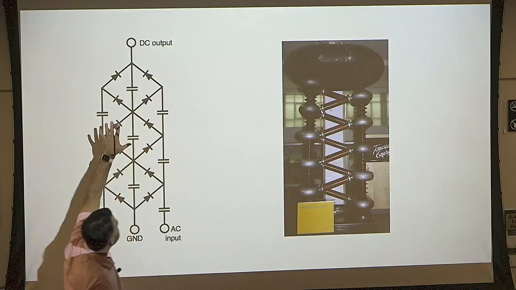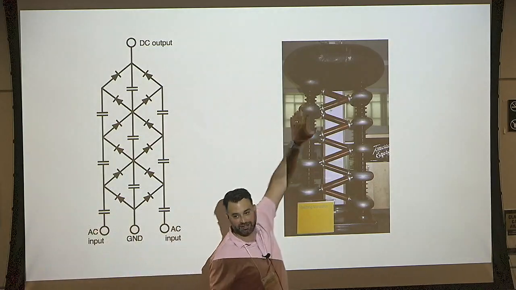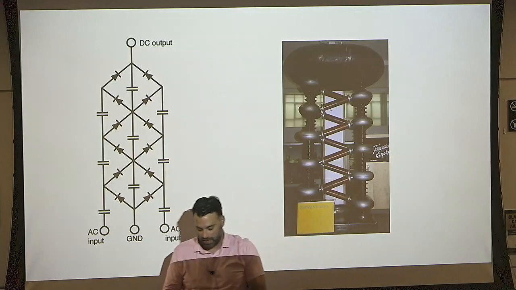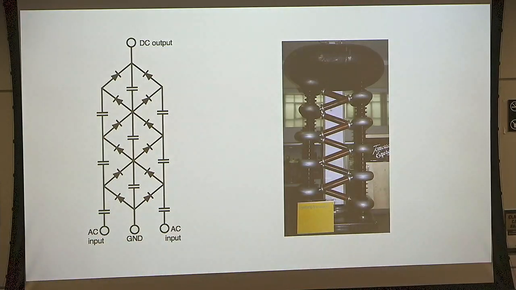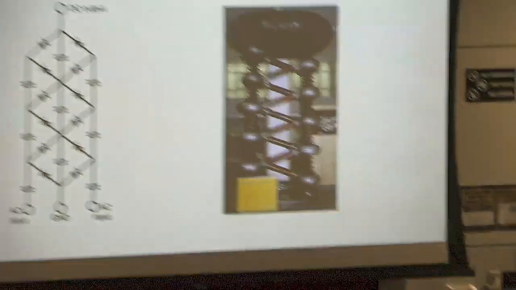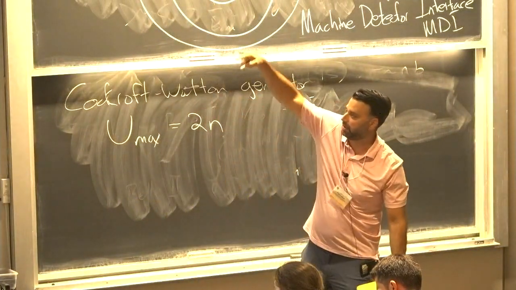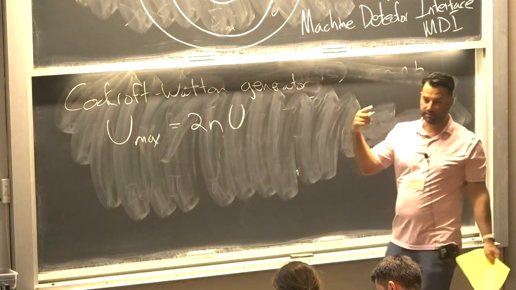And this is the circuit diagram, if you remember back from your undergraduate days, unless you had to do some grad lab with circuits. But you kind of see it actually in the actual Cockcroft-Waltons that they're generating here. Now, the idea behind Cockcroft-Walton generators is that in principle, you can get some maximum potential that's equal to 2n, the number of these circuit layers, times your voltage that you come in with your AC voltage.